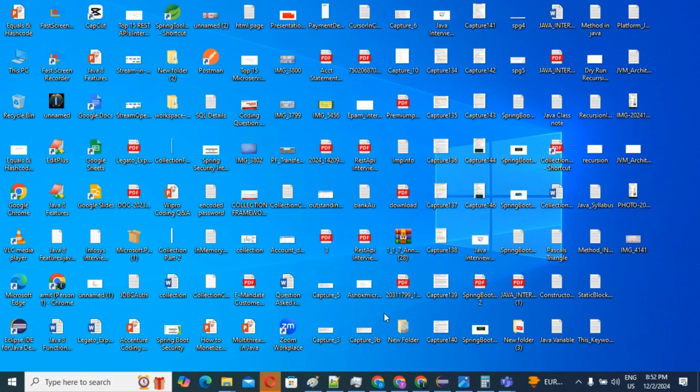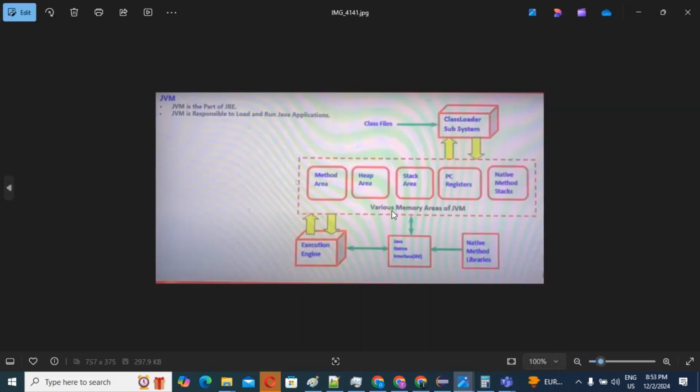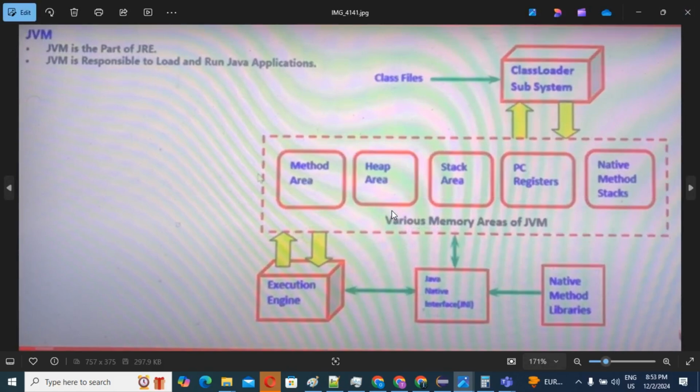I will discuss that in the complete video. See, I will show one diagram first. With that diagram, you will come to know all the things very easily. That is the basic architecture of JVM, and these are all the components.